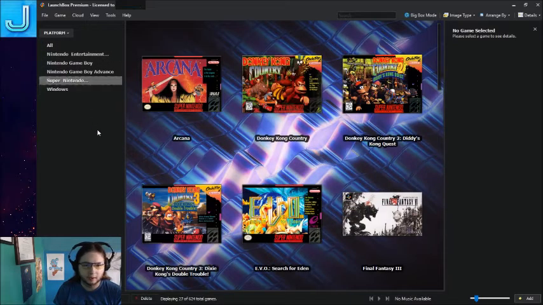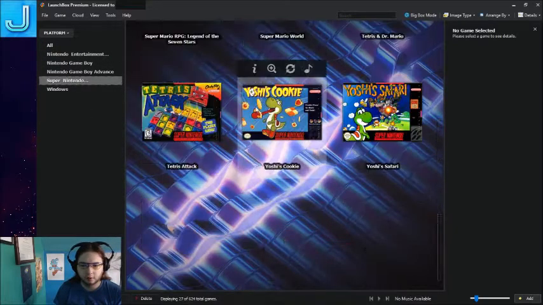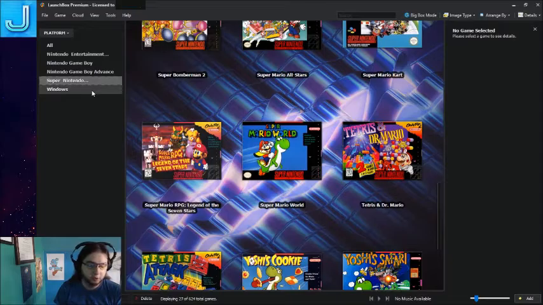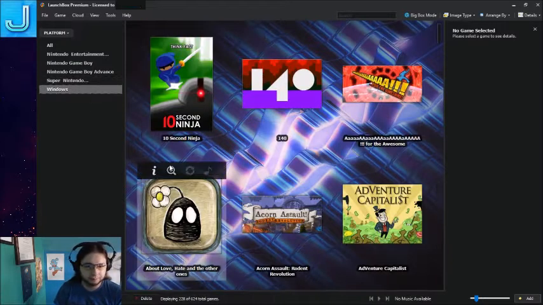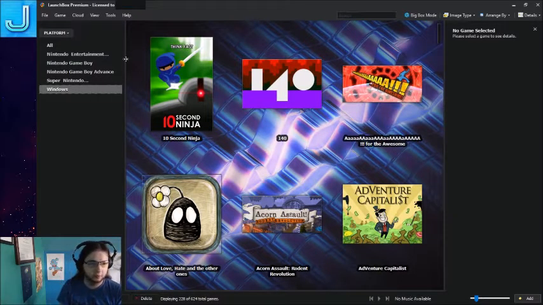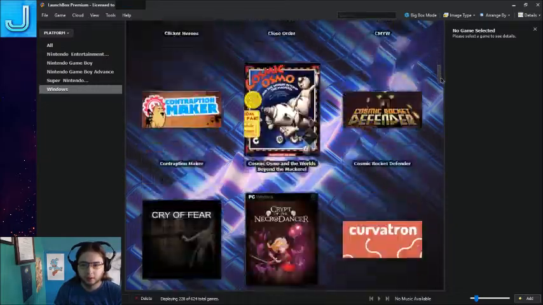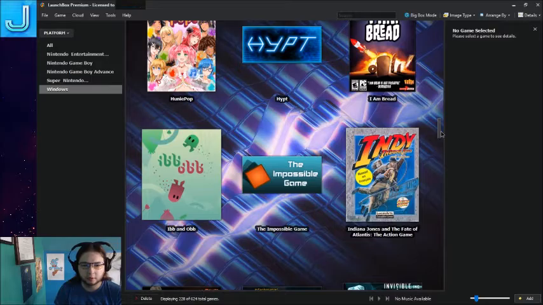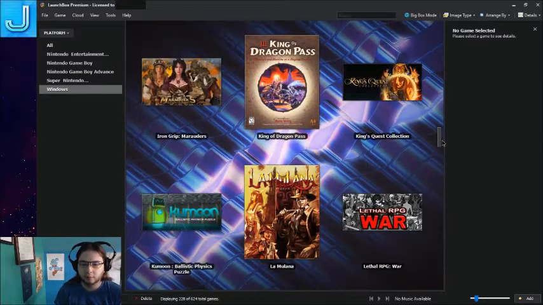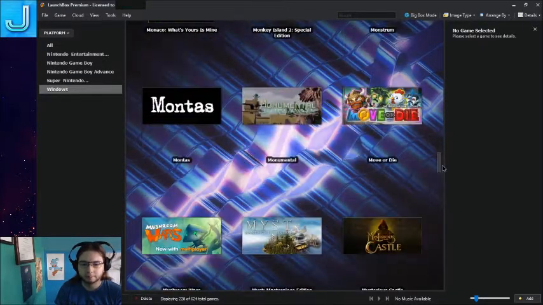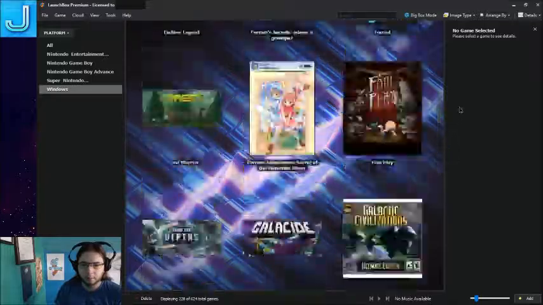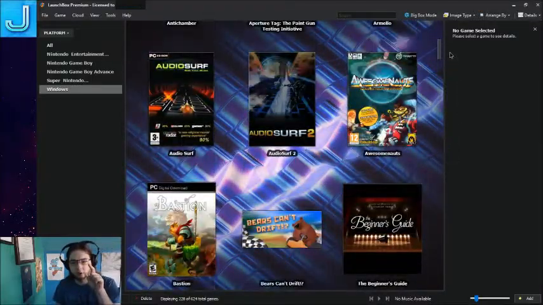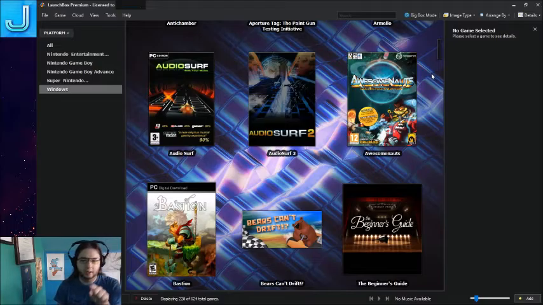So I've got NES and I've got my Super Nintendo Entertainment System games over here. You could also import your Steam games as well. Here it says Windows is the category, but here's also my Steam games and anything else that I would like to import that just doesn't have to be emulated. It works straight up. Many of these are games that I installed in Steam